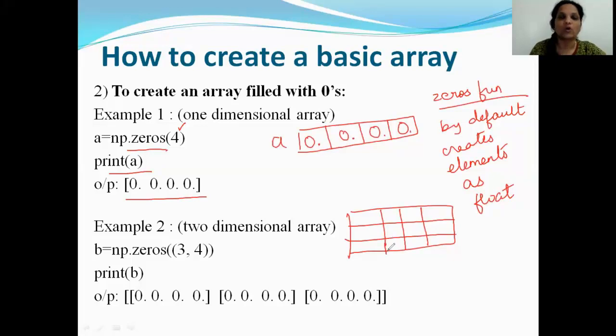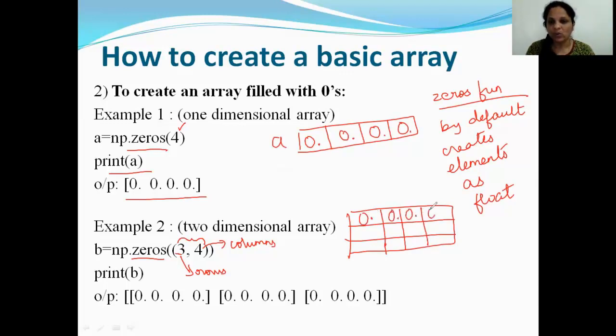All consisting of zeros. But in that case, you write the function zeros, okay? And in a tuple, you specify how many rows and how many columns you wish to have in this two-dimensional array. So here 3 will represent the rows and 4 will represent the columns. So what does it mean? I am making use of the zeros function to create a two-dimensional array of 3 rows and 4 columns, and all of them